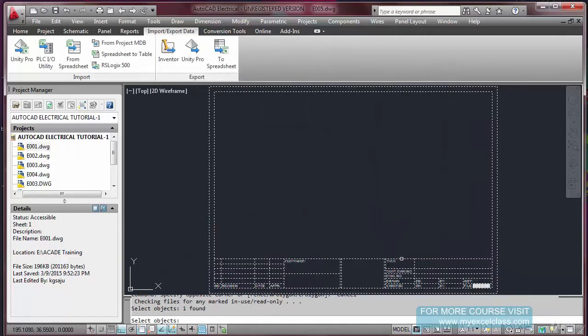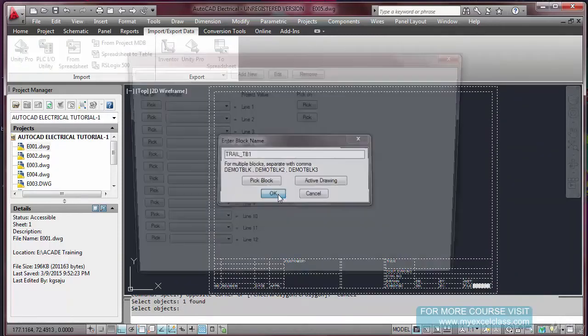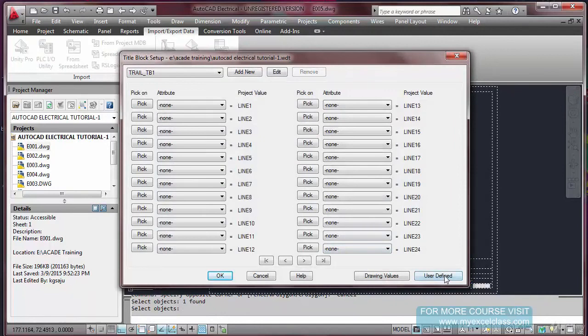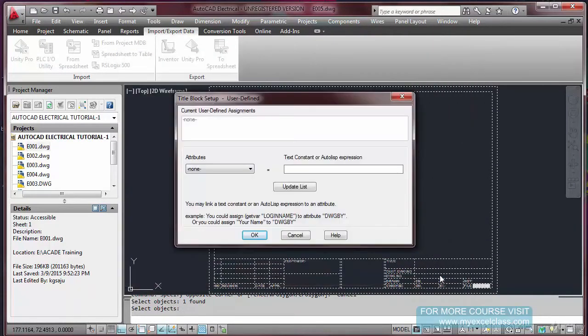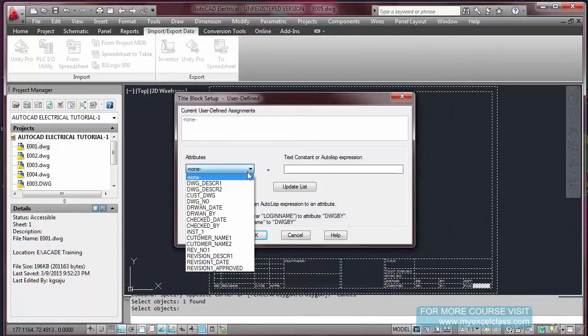I'm going to pick this block, okay, and go to this user defined. Here you will find all those attributes you entered there. Drawing description 1, that is the first thing we picked while making the blocks. Drawing description 2, you remember that was here.